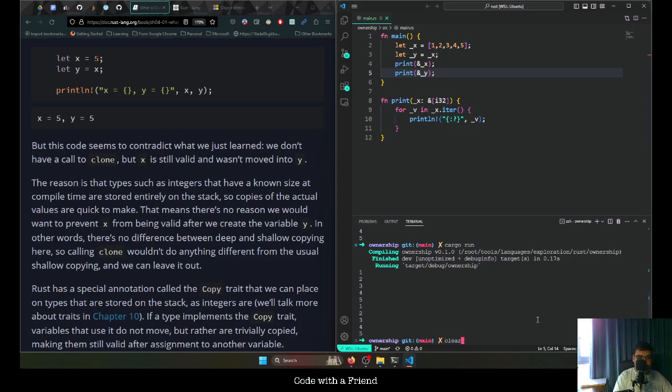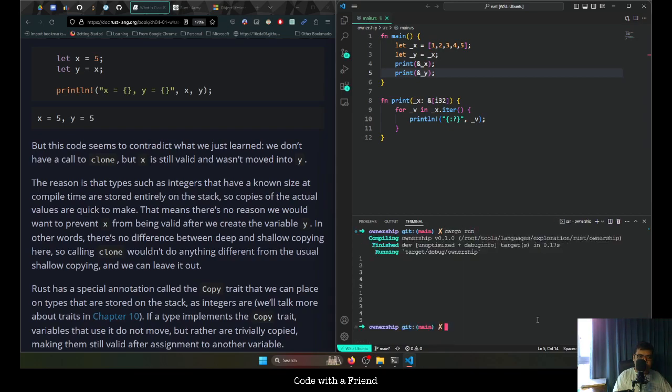So essentially this is doing a deep copy. Is this doing a deep copy because I'm allocating it at compile time? I don't know how to create a dynamic array in Rust, but